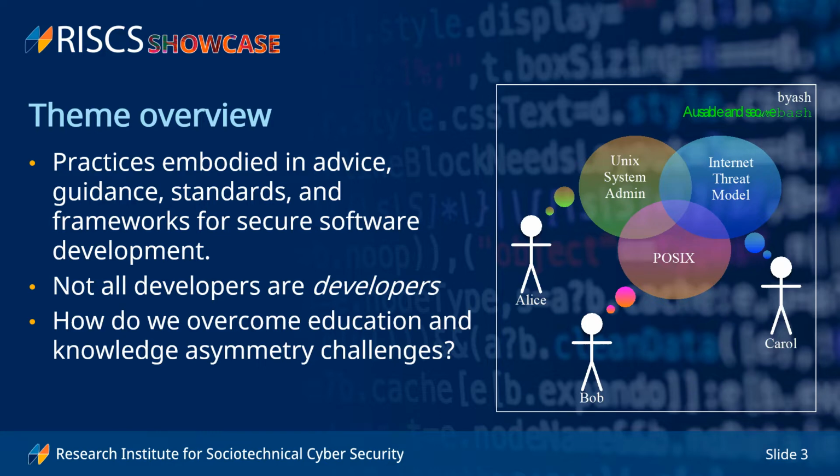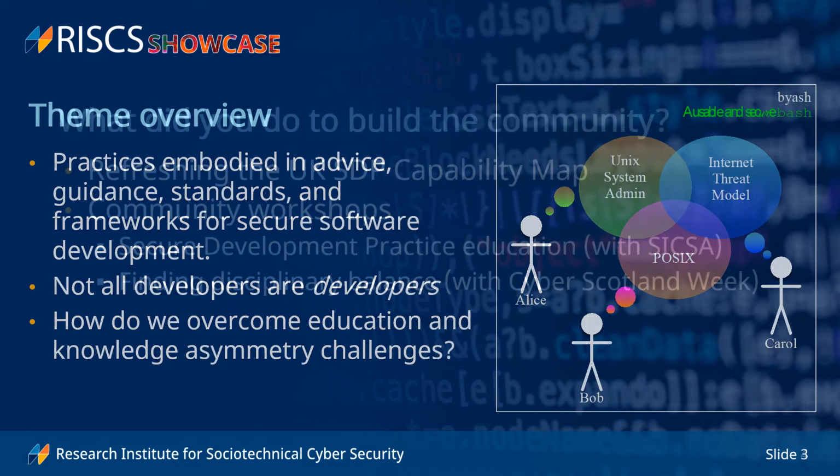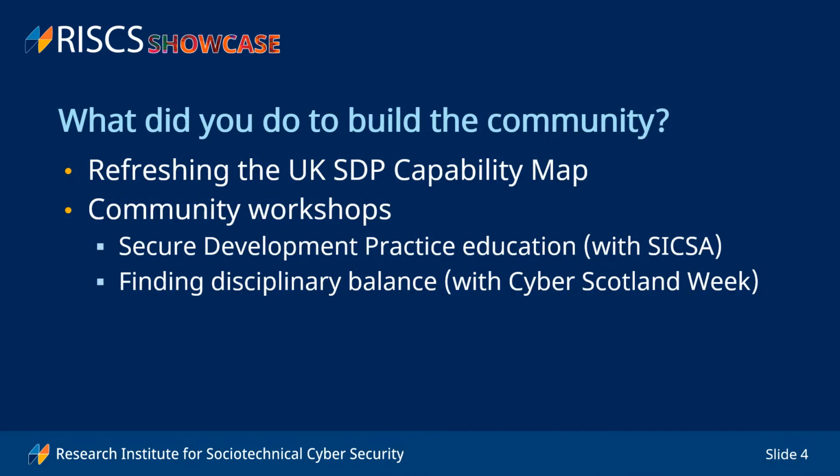And this reinforces the idea that these challenges don't just affect designers and developers, but other indirect stakeholders too, like educators and policymakers. So what we've done this year is, firstly, we refreshed the Secure Development Practices Higher Education Institute capability map that we developed last year. Last year, we noted that there are about 27 higher education institutes that had what we'd consider capability in terms of secure development practices research. This year, we didn't see any drop, but we did notice a slight increase of 6. Some of this was from staff movement, but some of this was also from organic growth, which actually is quite a pleasing